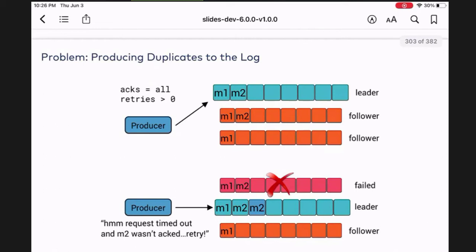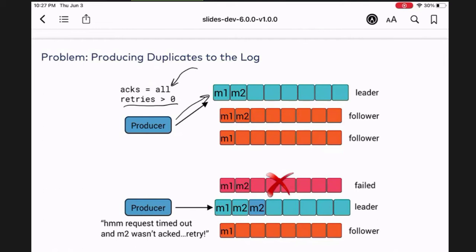But what this is showing you is that if you don't have idempotence set to true, where it's called enable.idempotence, a property that you set that allows the producers to avoid duplicates, then duplicates are possible. And this is what this is trying to show you. So if I have a producer producing to Kafka, I can have multiple messages in flight. And let's say I have acks equals all. That means I'm waiting for the leader and the follower to respond, right?